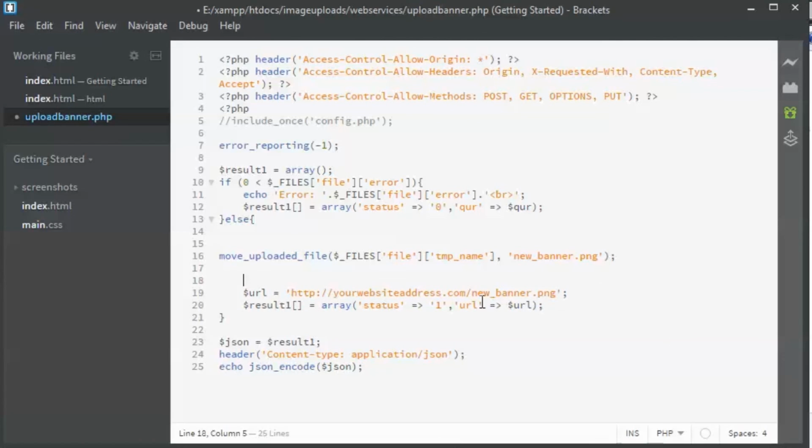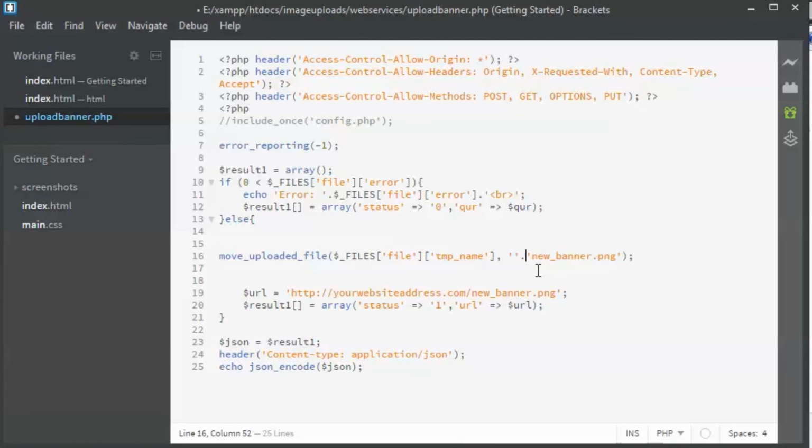For instance, if you type in localhost, you'll have to type in your website address over here, where the folder is being uploaded, and here you have to put the image name. You can put in some variable names too over here. That is not a problem. So you can have a dynamic URL.